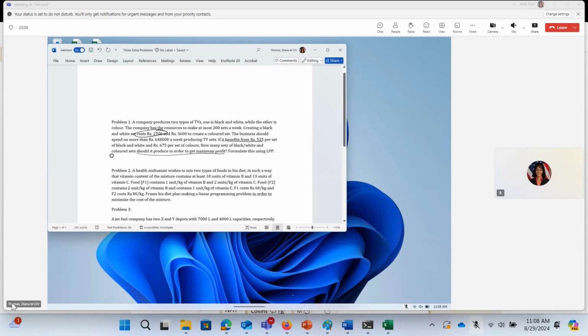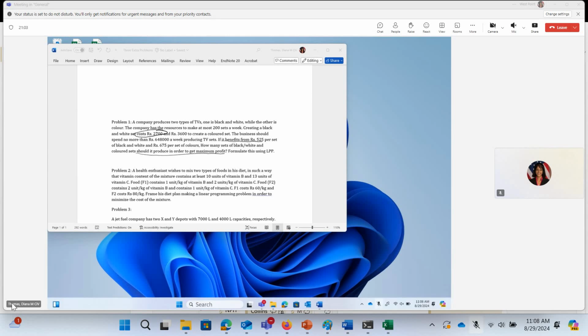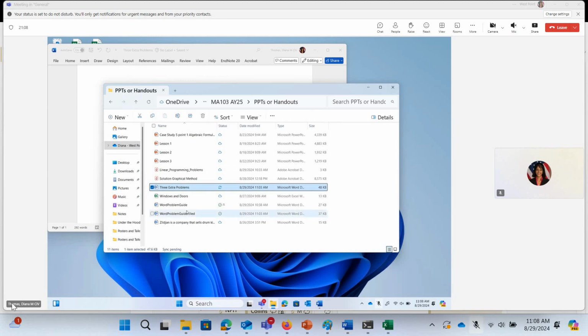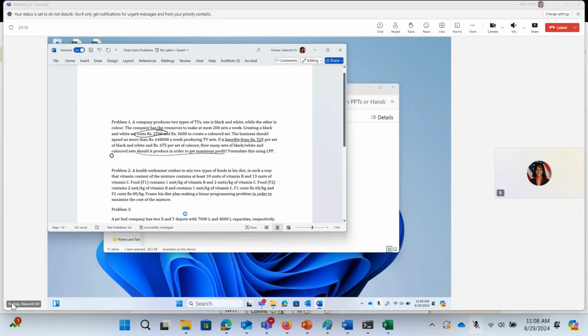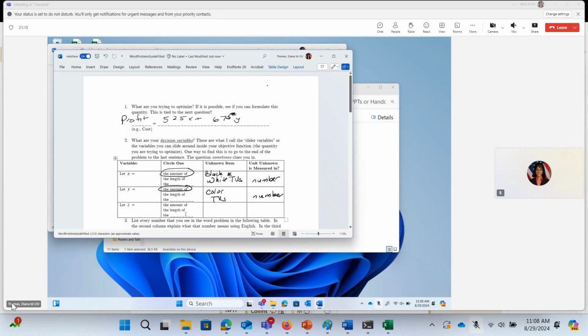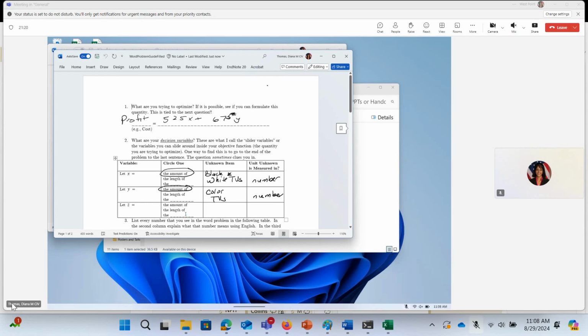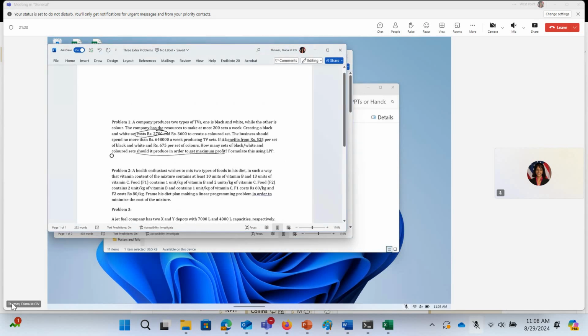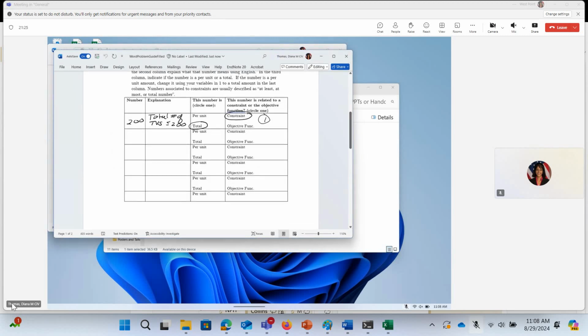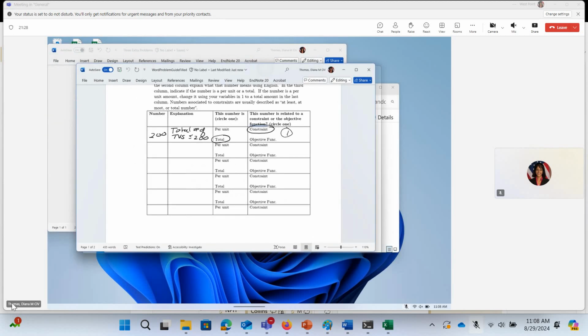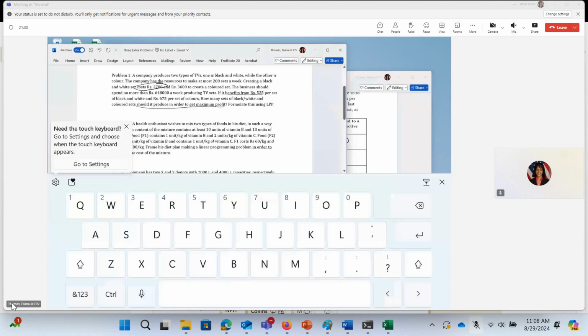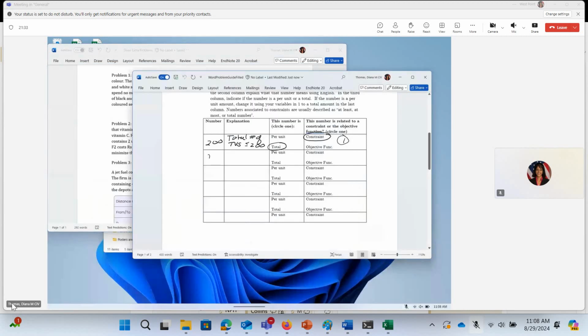Here we go. So this next number that I see here, this 2700, is a cost per black and white TV. That's a per unit. So it doesn't look immediately like it's a constraint because they don't say anything about that. But if I go to the next number, which is a 3600, that's also the cost per color TV. That's also per unit. And the next number they say